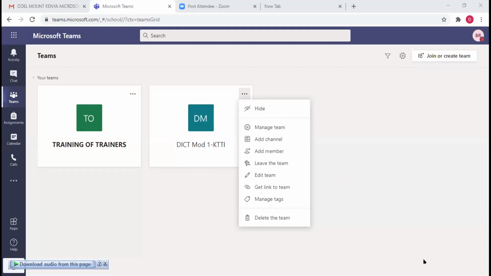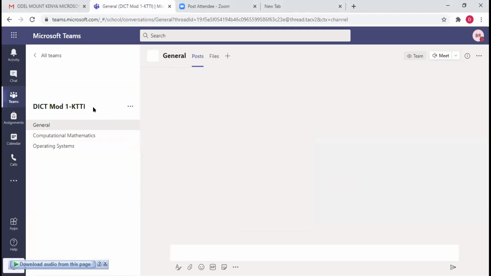Okay, thank you. I managed to create a team, which is here. I called it DICT Module 1. In that team, I was able to do some management of the team.